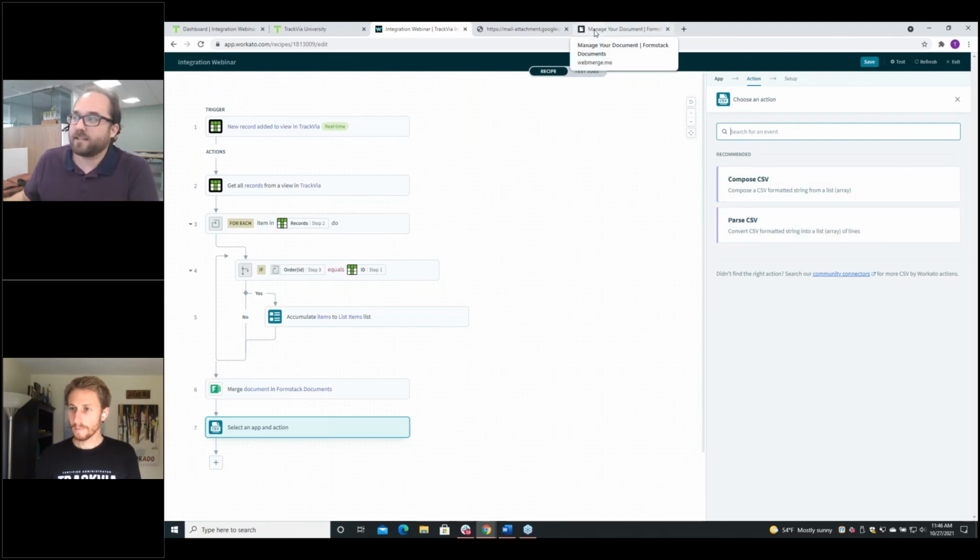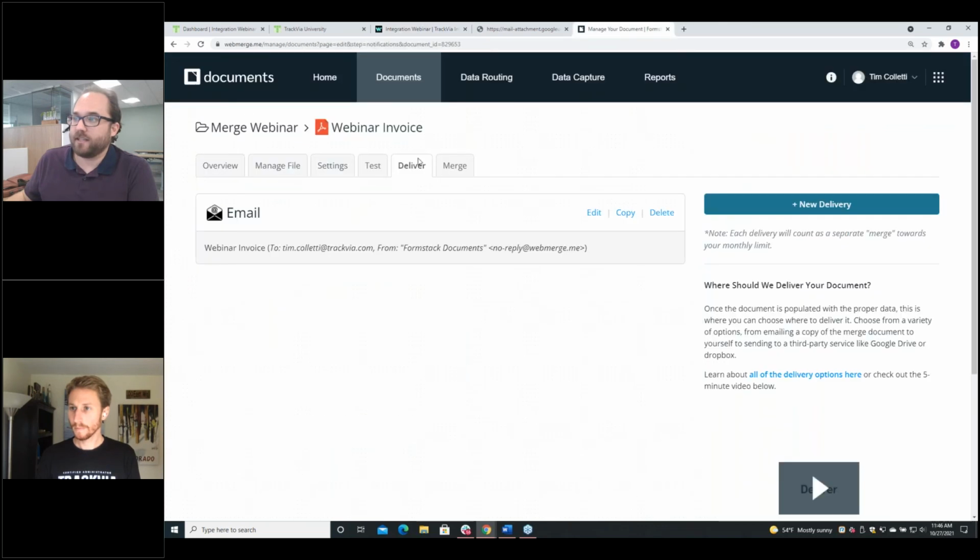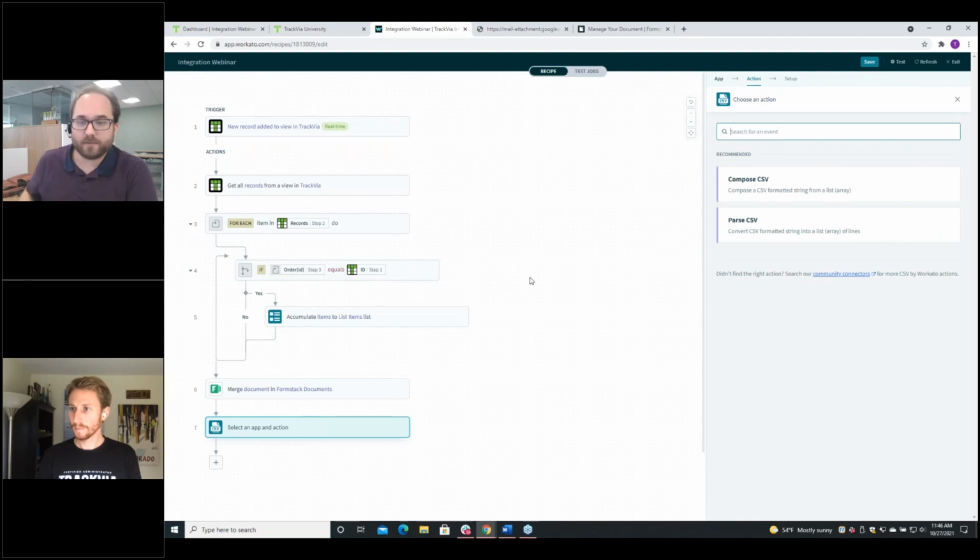But sending the documents directly into Webmerge, you can do an XLS upload in Webmerge, but I don't think you can do it very easily through the integration without having Workato crunch it a little bit. So it'll need to do something to parse that CSV.